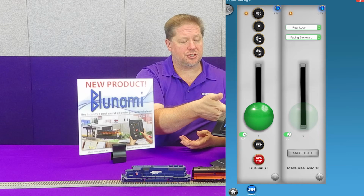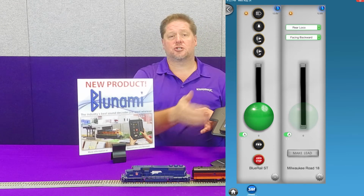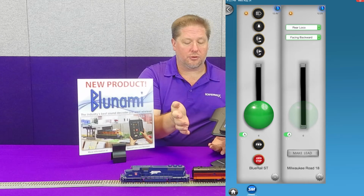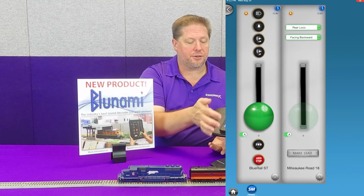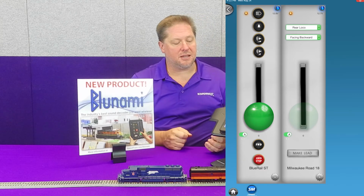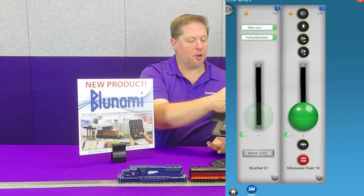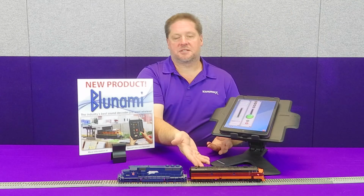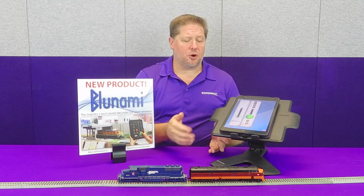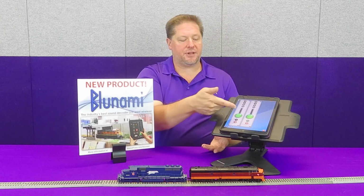Now, you'll notice that you still have the same make lead, but you don't have access to all the 28 functions from this throttle. So if you're just running the horn, we want to run our locomotives back and forth. Now I can change control by simply pushing make lead, and you'll notice that everything switches. Now when I blow the horn, it's coming out of the Milwaukee Road E8. Now if you want to drop a locomotive out of the consist, you simply uncheck, and now we have independent control